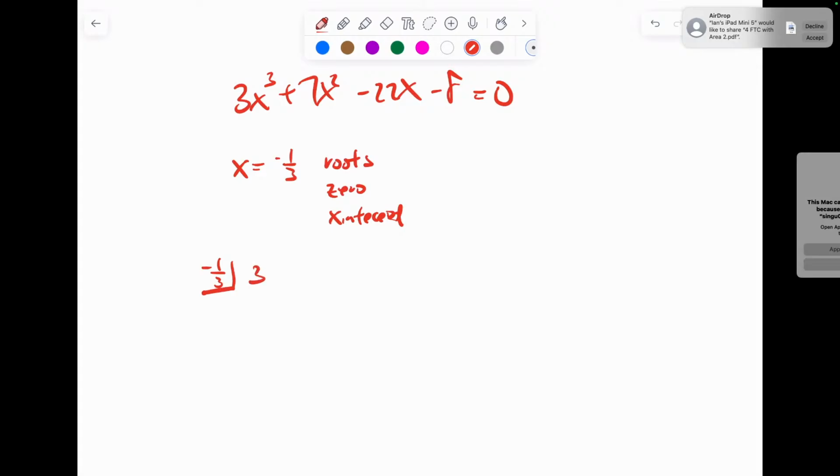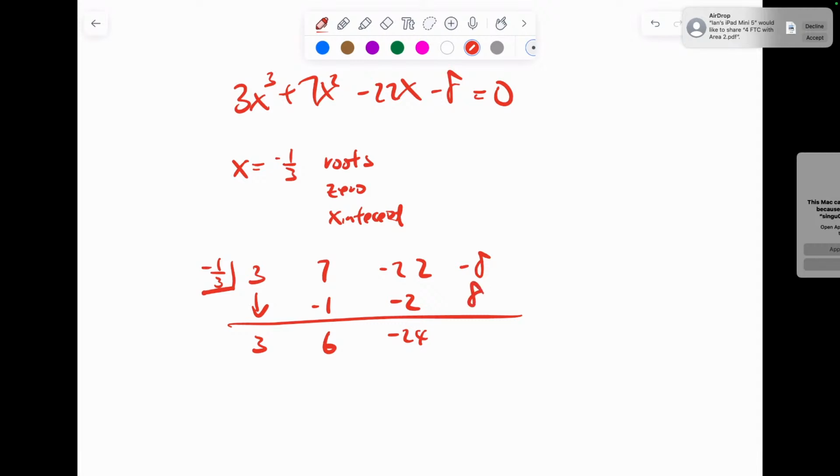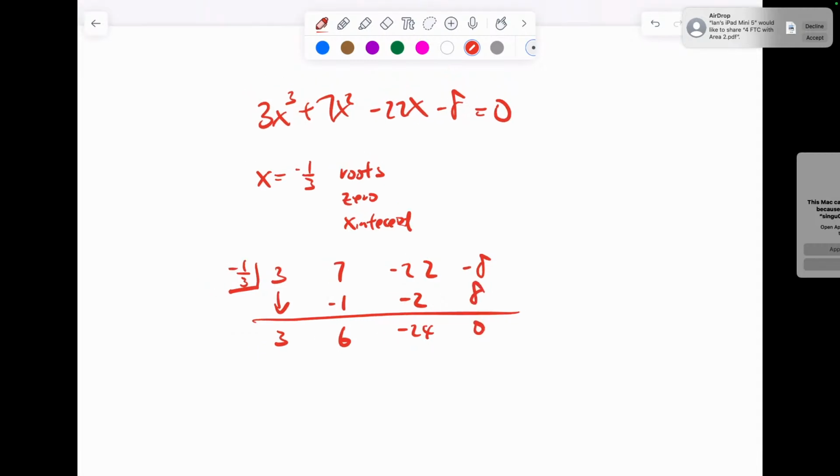We can try it, but we also have to find out what times what equals this function. So -8. Here it's going to give you 3 times -1/3, which gives you -1. Then 6 times -1/3 is -2, so it'll be -24. Plus 8, that's 0. So now we know that